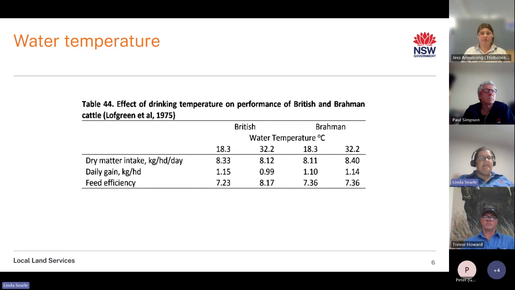Whereas that difference is not found in the more heat adapted, so your Brahman and your Bos indicus type cattle or your merinos. Because we have a lot of those British breeds, that is something to keep in mind